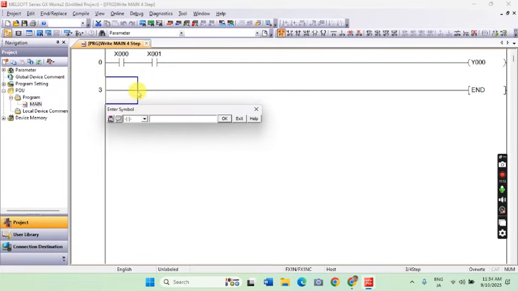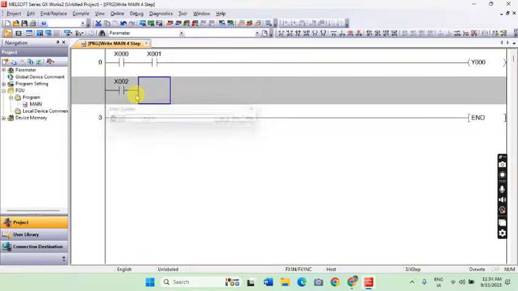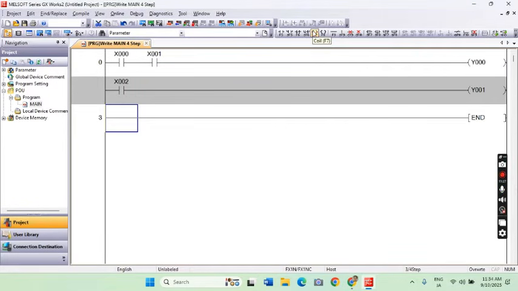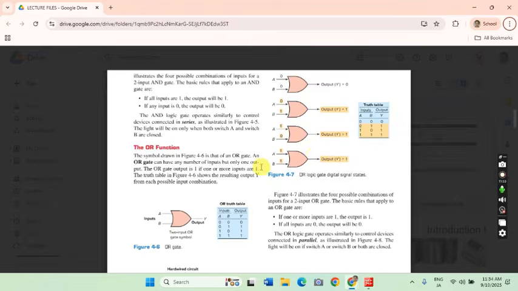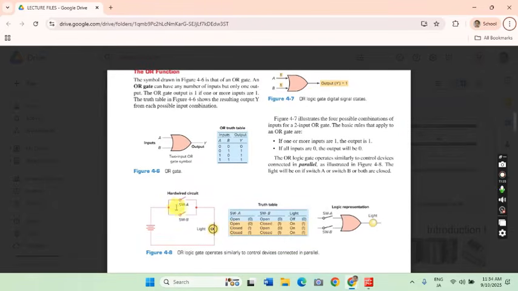So I'll be using different addresses. I'm going to use X2, and for the output, I'm going to use Y1. Okay. So again, we're also basing on the electrical equivalent circuit for the OR gate.